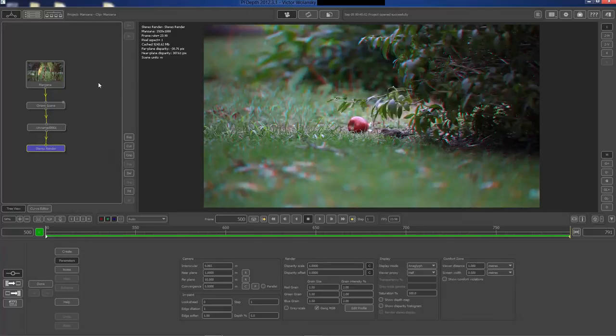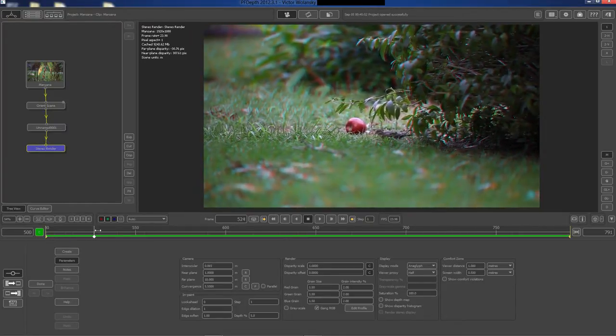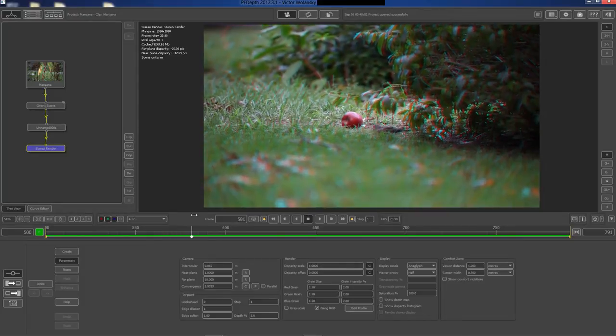Hello, my name is Victor Wolanski, and I'm going to show you quickly how I converted this shot to stereo 3D. As you can see in this shot, there's not a lot of motion. It's just the camera, it's shaking a little bit, moving a little bit, but